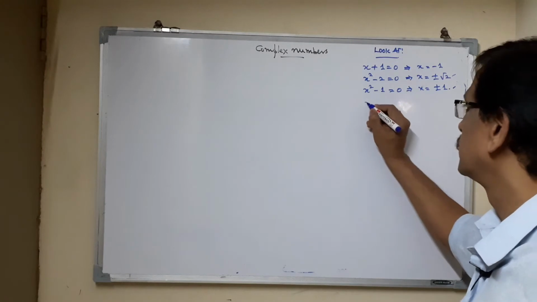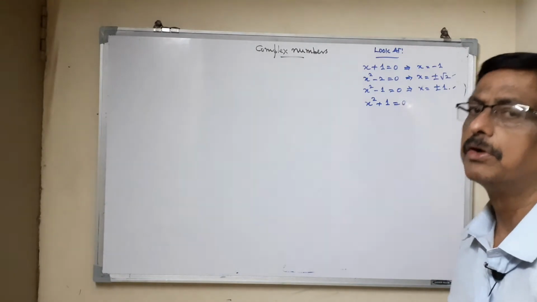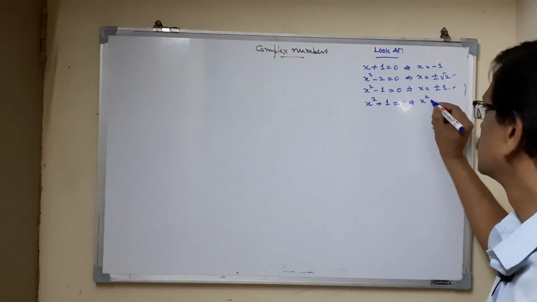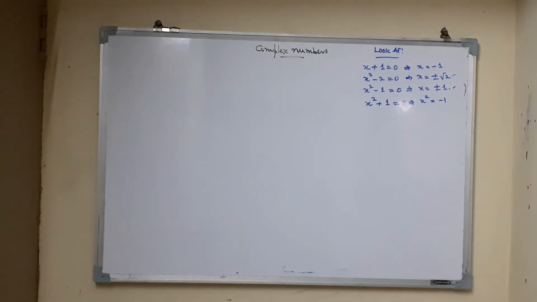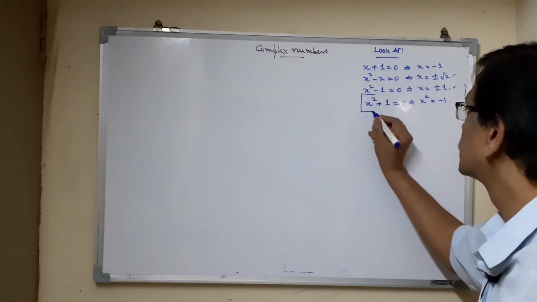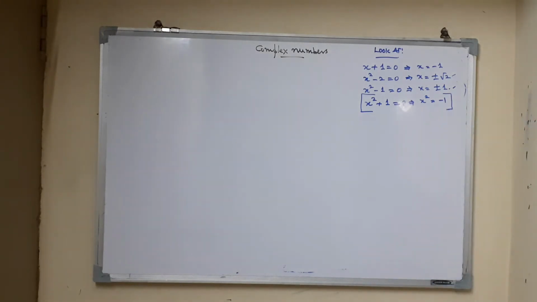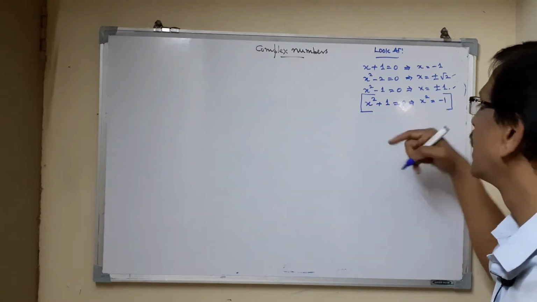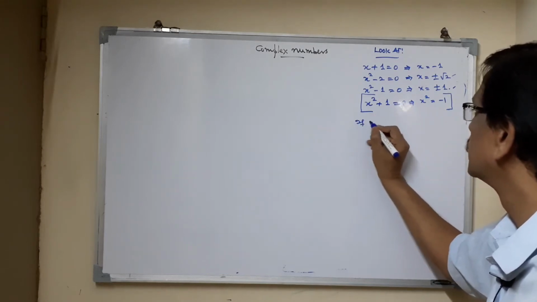Can we solve an equation of this type? We don't have square of a negative number. There is a negative number minus 1. The square is not yet defined. x square equal to minus 1. So if you look at this kind of equation, then x square equal to minus 1 will give you another information that if there exists a root,